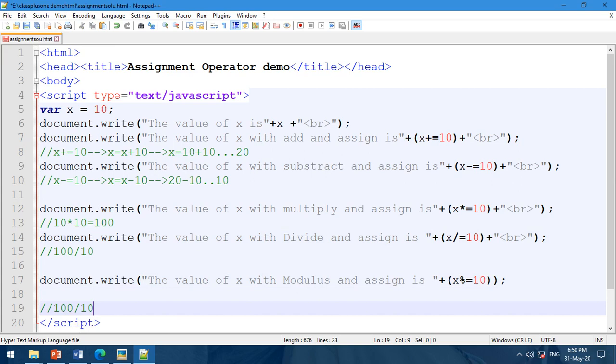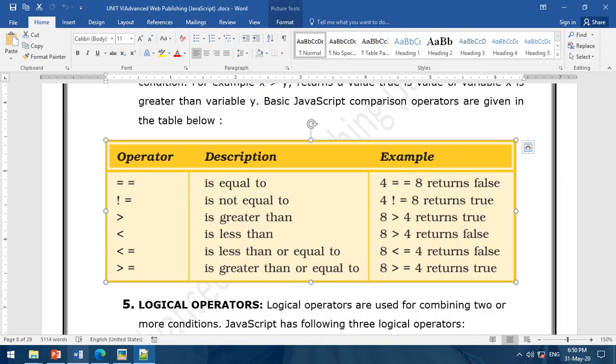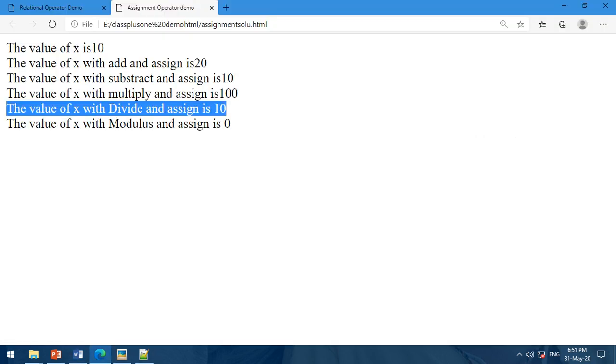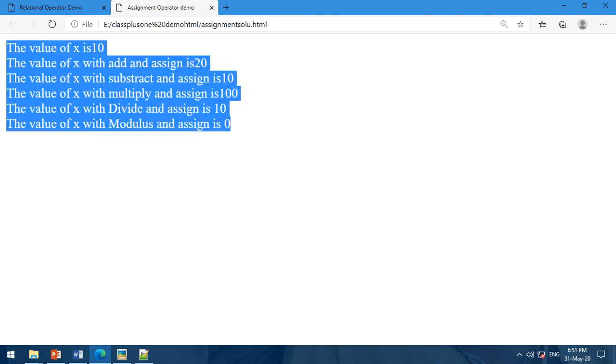So what is the remainder? It's 0. So the output is 0. This is the solution of the last assignment.